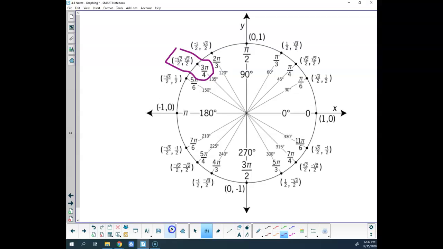That's what he's telling you. He gave it to you, man. It's 7 pi over 4. Right? The negatives of those would be negative pi over 4 and negative 5 pi over 4. So that's where